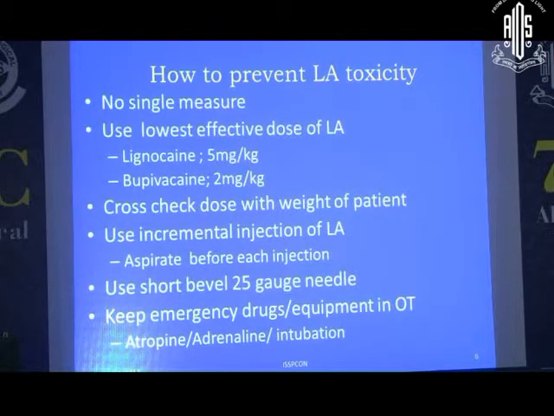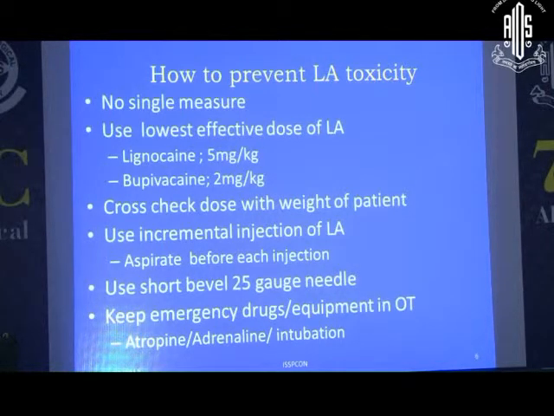Because many times these patients are, like I told you, just frail. So double calculate it. Suppose you're used to drawing up a 15 ml for your local anesthetic block. Do remember that if your patient is frail with comorbidities, calculate the dose again according to the weight of the patient. And then whenever you're giving the drug, make it a habit to keep on aspirating after every 1 ml of the drug.